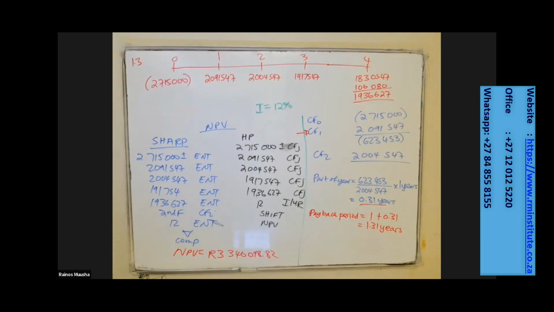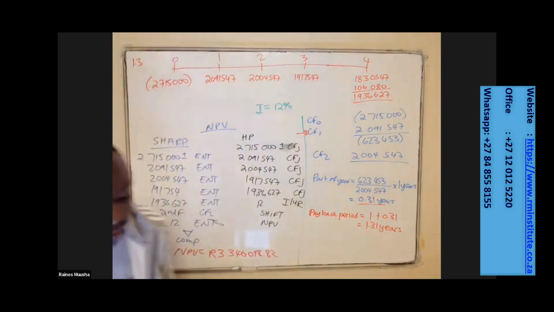So what do we see? We now have to comment on the acceptability of replacing the old equipment with the new equipment, isn't it? So what do we see? The net present value is positive, which means based on the net present value method, replacing the old equipment with the new equipment is acceptable, isn't it? And if you check the payback period method, remember the maximum acceptable payback period is 2 years or less, isn't it? And what do we see? Our payback period is equal to 1.31 years, isn't it?